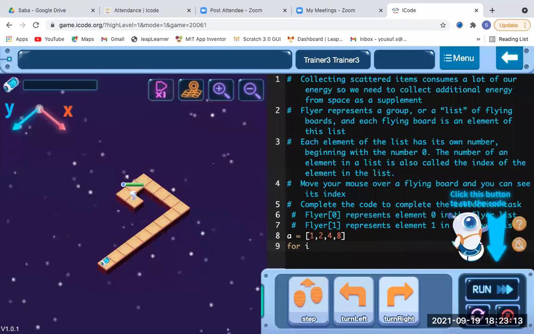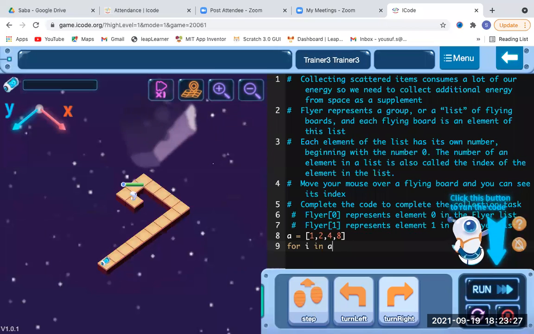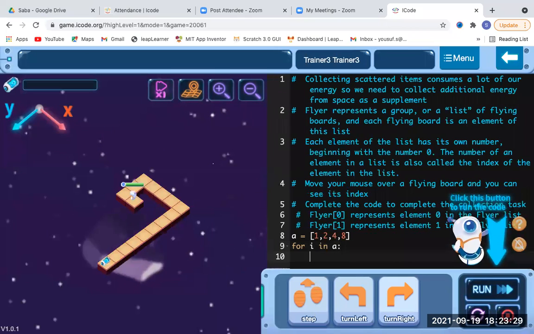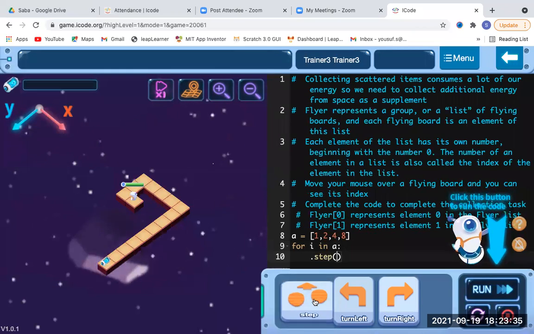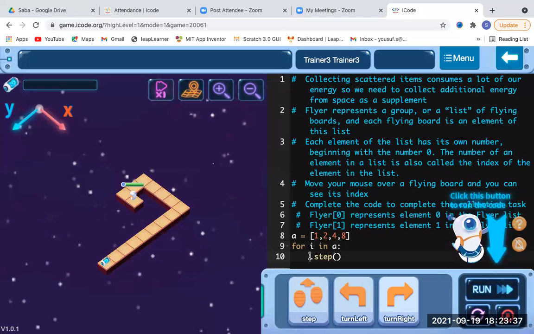Now we'll give a range: for i in A, I'll give a colon, the range part I have given. Now the step will depend completely upon i.